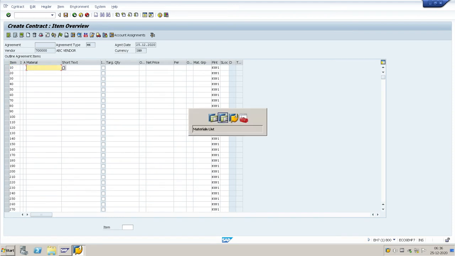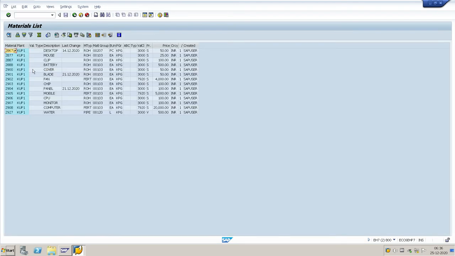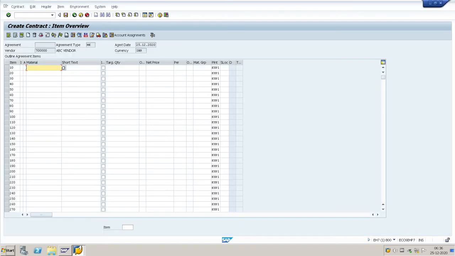It requires the material, so I will select the material. For quantity I will give a target quantity of 10,000, and I will give one unit price.